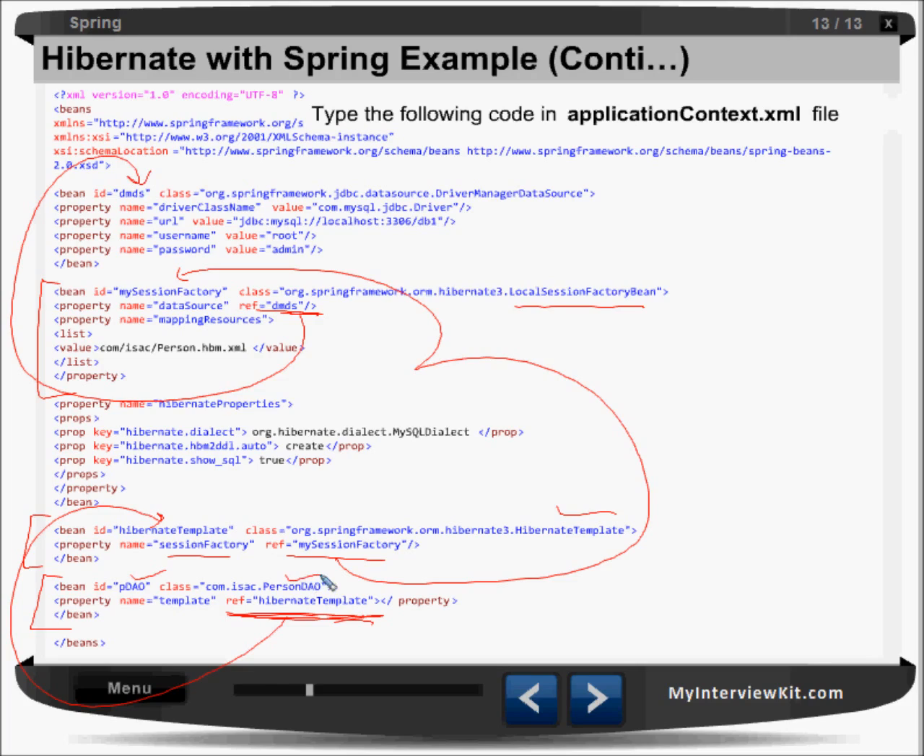This person DAO is having explicit wiring with this. This is having explicit wiring with the session, and the session is having it with this, right? So see, all this wiring is here. Now